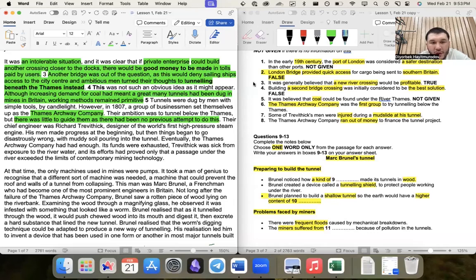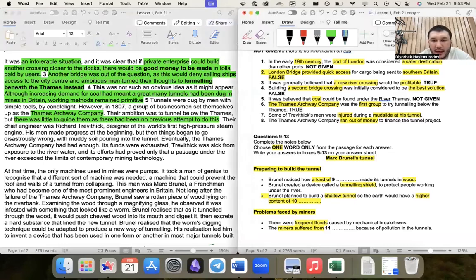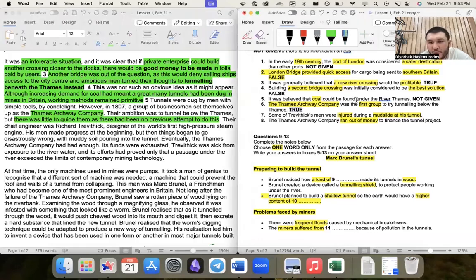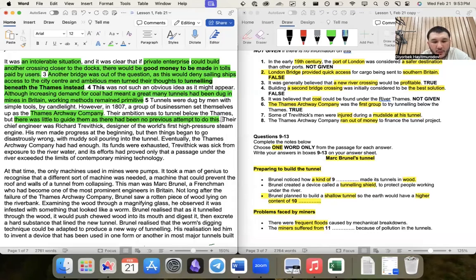Most of you guys are choosing the answer correctly. Some people said false, but the answer is true. Why is it true? Because no previous attempt means it was the first group to try tunneling. So what is the answer to question 6? The answer to question 6 is going to be